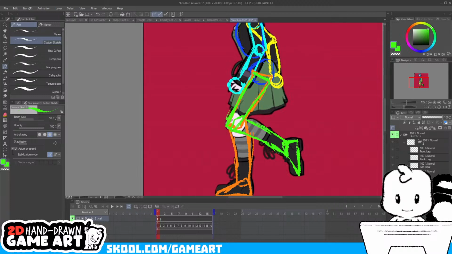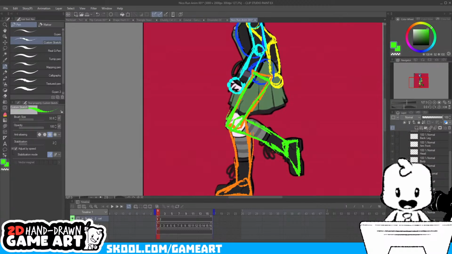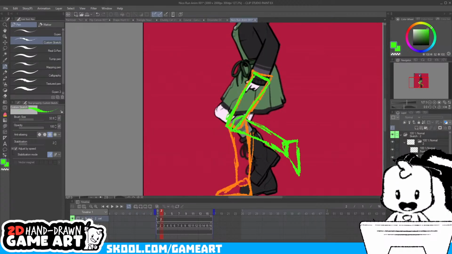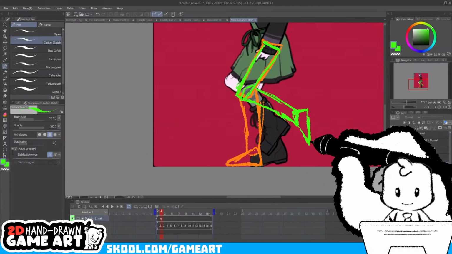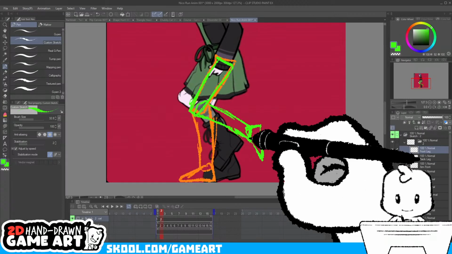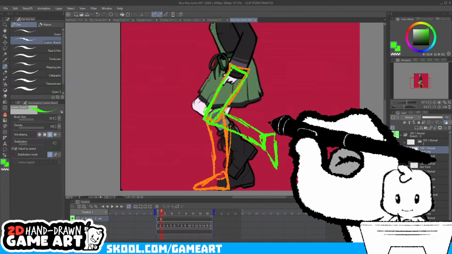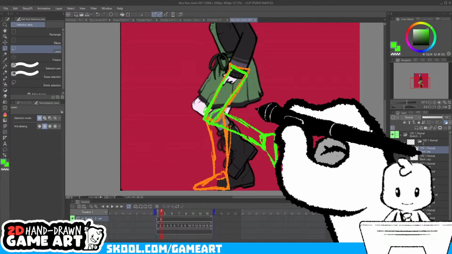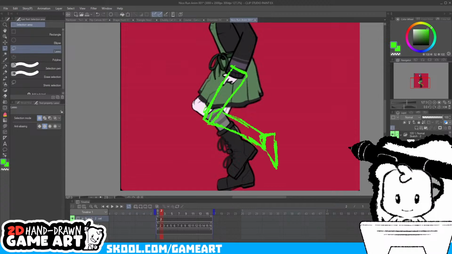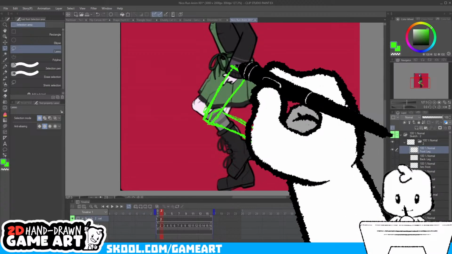I'll tell you what, guys, because we could be here quite a while, instead what I'm going to do is just the legs. That's my main gripe with this, is just the legs. And I don't want to keep you guys here all day, or keep myself here all day either. So we'll just do the legs. And if we can get this done fast enough, I might have some more time to do another character redraw.